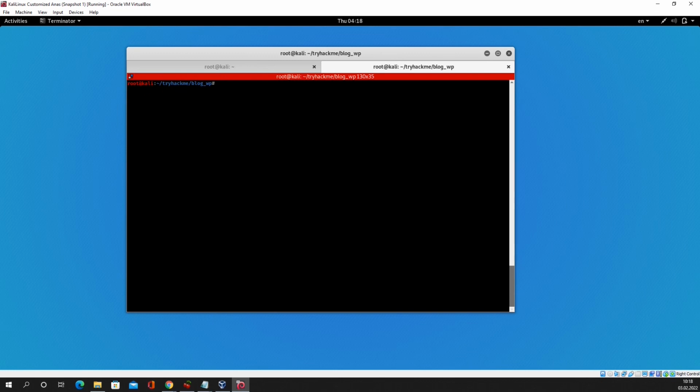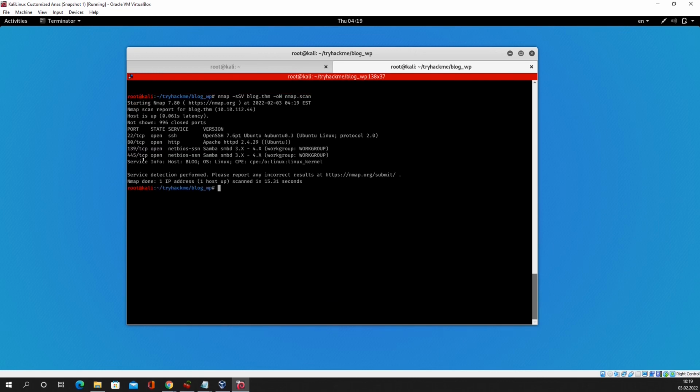So I will start to scan this machine using Nmap, blog.thm, -oN nmap.scan, and let's see. So as we see in here, we have 4 ports which are open: 22, 80, 139, and 445 for